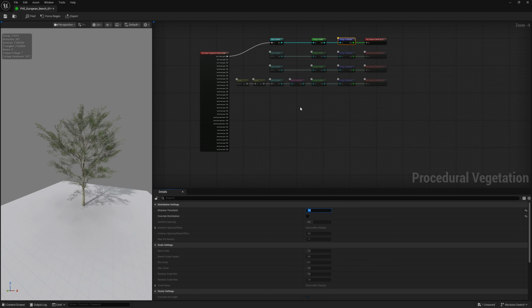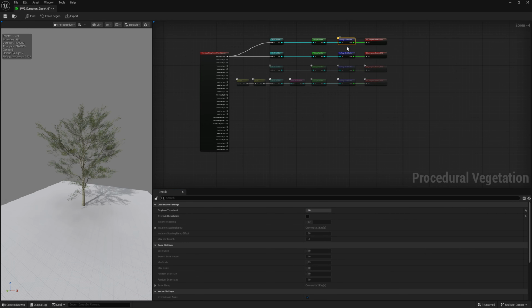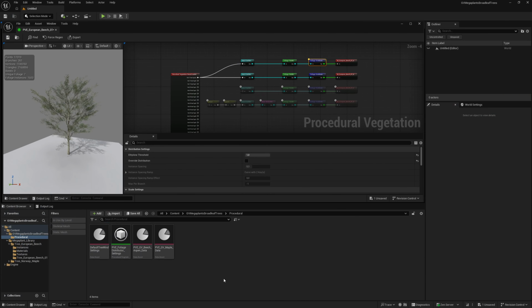A higher threshold means more leaves and branches are retained, making the plants look dense and bushy. A lower threshold means more leaves and branches are dropped, making the plants look sparse and pruned. If you set this value to 1.0, you're using the default value that was predefined for the tree structure of the Greenleaf Vision preset. Let's now import the 3 additional Foliage Distributor settings, so we have the widest possible selection